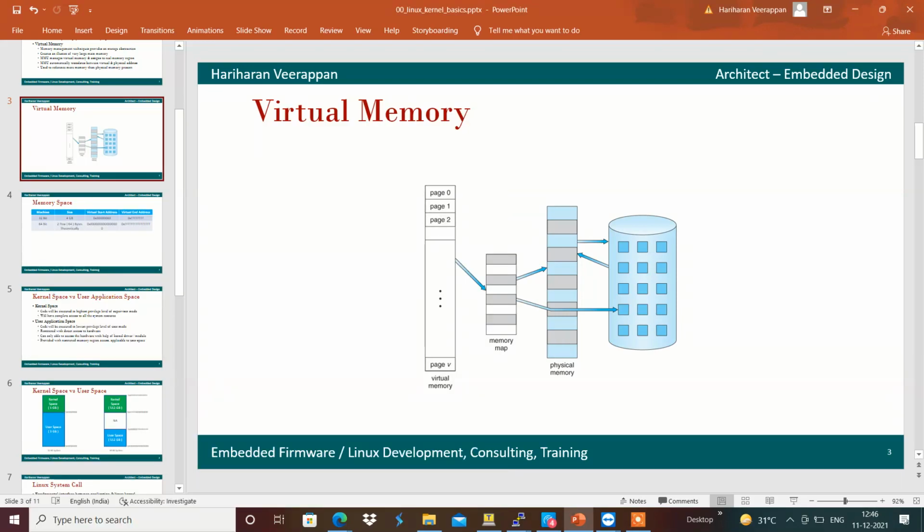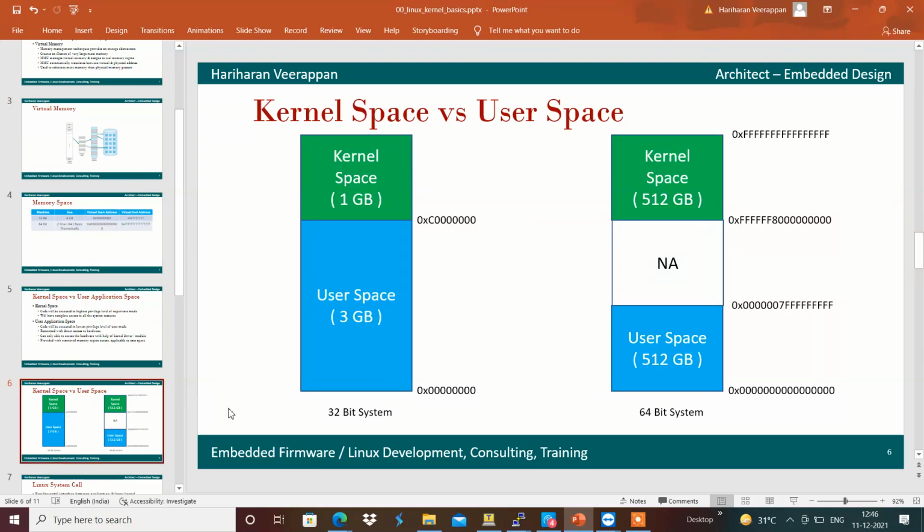In the case of Linux, it is used directly with the storage space. In the case of 32-bit systems, we will have 1 gigabyte allocated for the kernel space and 3 gigabytes of virtual memory for the user space accordingly.